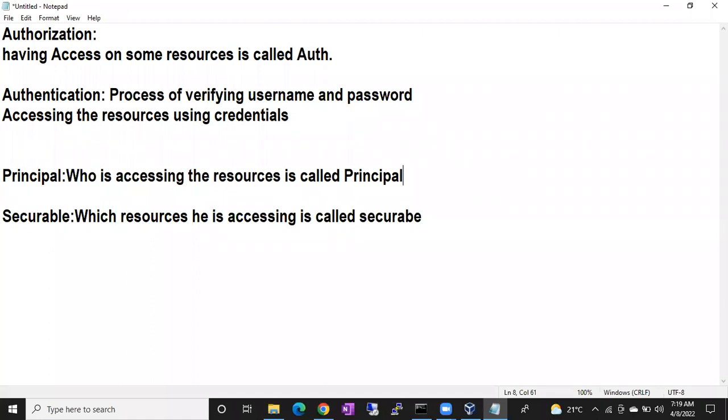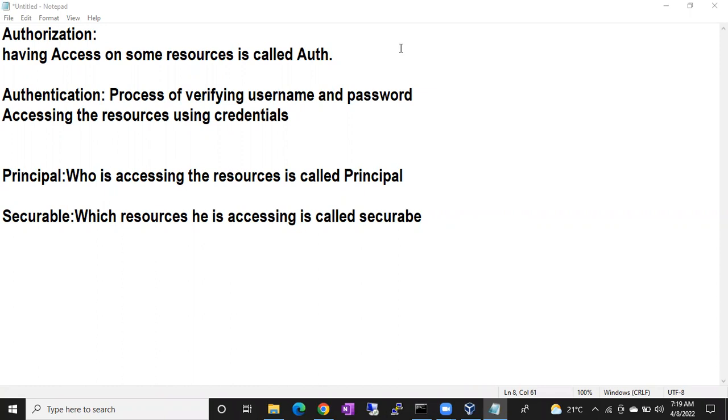The user. You are the principal. Then what is securable? The phone is securable, that's it. Who is using the resource is called a principal, and which resource is he using? He is using the mobile phone. The mobile phone is the securable.